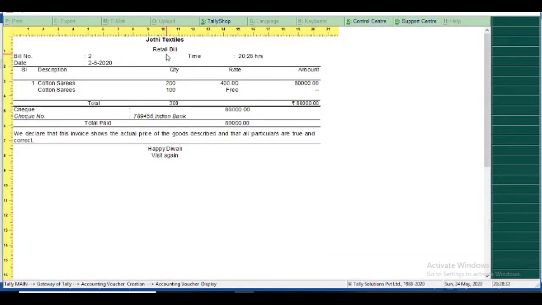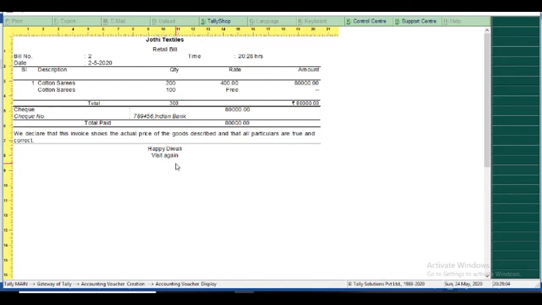In the detailed bill, the bill number is 2/25/2020: cotton sarees 200 at rate 400, cotton sarees 100 as free. The customer pays by check, 80,000, check number 789456, Indian Bank. All the references and details come, for retail purposes.